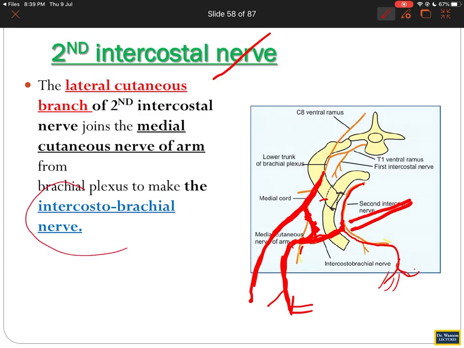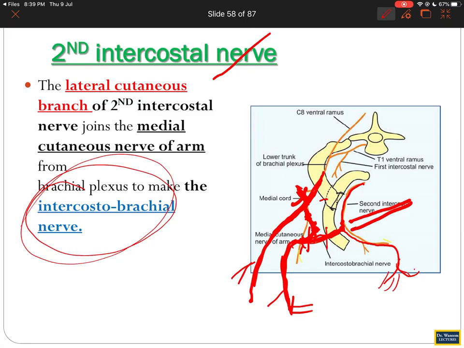Many questions come on them. Intercostobrachial nerve. It is actually a cutaneous nerve that will supply the skin of the base of the axilla also. Because it has the same root value as your medial cutaneous nerve of the arm as well as of the forearm, a problem in these root values will be felt on the medial aspect of your arm and the forearm,